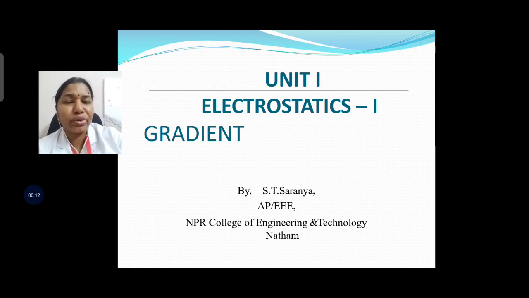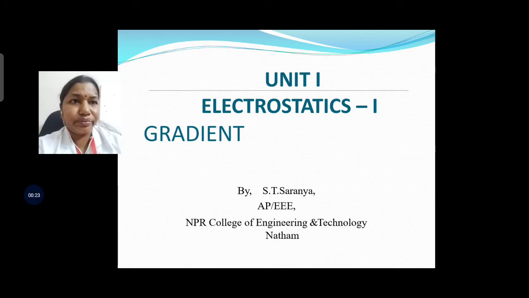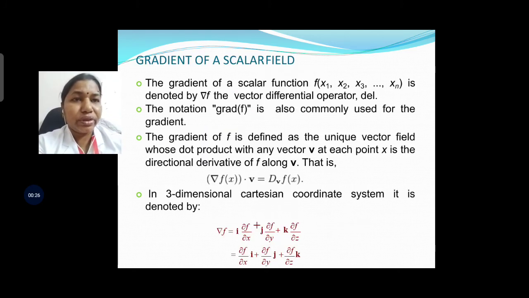Three operations: one is curl, second one is divergence, third one is gradient. So now we are going to study about gradient. Gradient of a scalar field. Gradient means we will use this